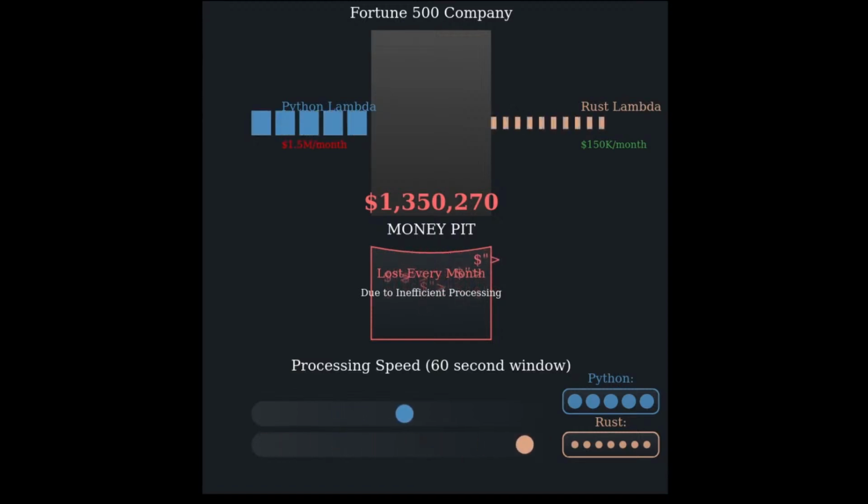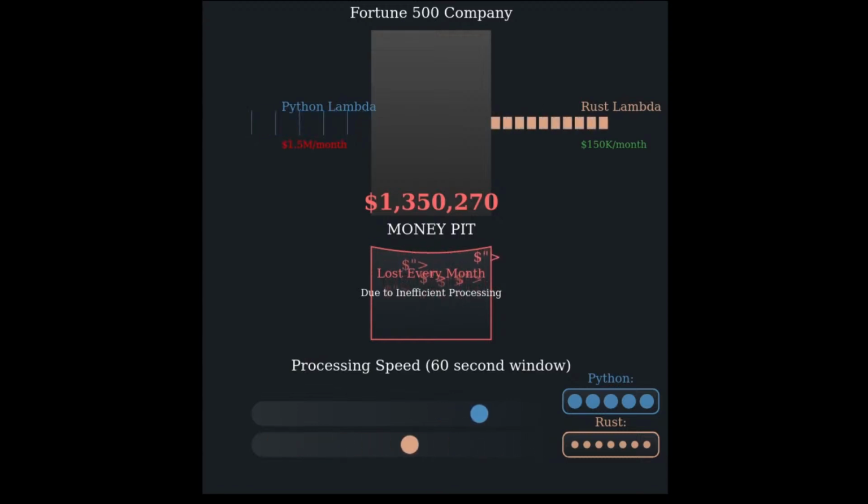So many organizations are thinking about reducing headcount or doing some other kind of trimming of the fat. But really what they could be doing is making their systems more efficient versus looking at reducing headcount. And this $1.35 million example is not just a number, it's literally falling from the infrastructure every month because it's running a language that is not as efficient as Rust. So this isn't just a small optimization. We're talking about enough yearly savings to fund maybe even an entire engineering department.